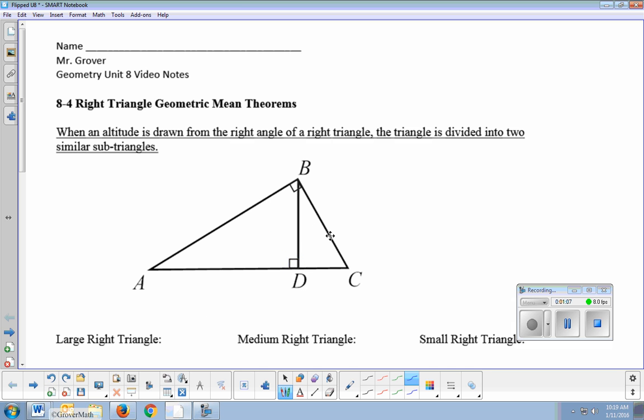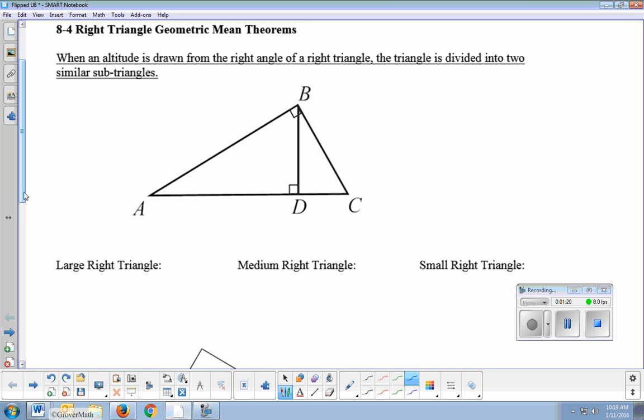But it's not just more right triangles. We ended up with two sub-triangles similar to each other, but also to the original. So we end up with three total triangles. I call them the large, medium, and small triangles. The large one's the original, triangle ABC. The medium one here would be on the left side, and then the small one is over here on the